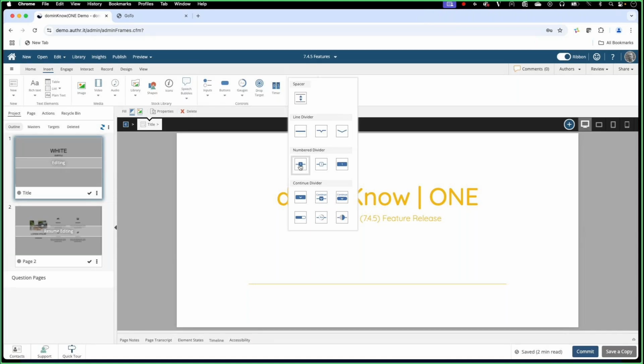Numbered dividers that are intelligent. So the first one you add will say 1, the second you add will say 2, 3, 4 on the same page, for example. And then a set of continue dividers that can help you actually gate content. So the learner has to complete something above the divider before they can actually continue on in the project or in the current page that they're working in. And those can be set up as, I'm going to call them simple or straightforward continue dividers, or as continue dividers with progress bars on them.